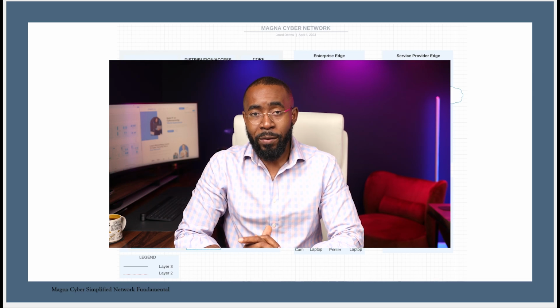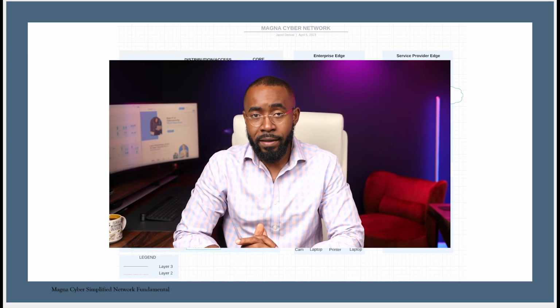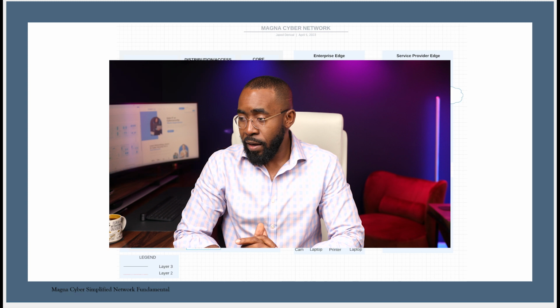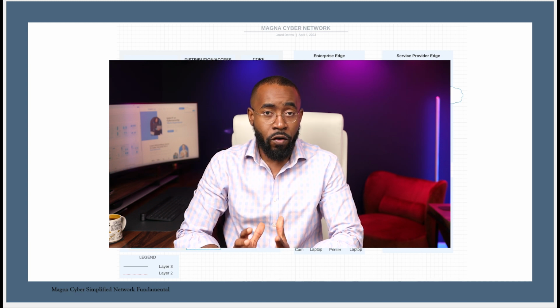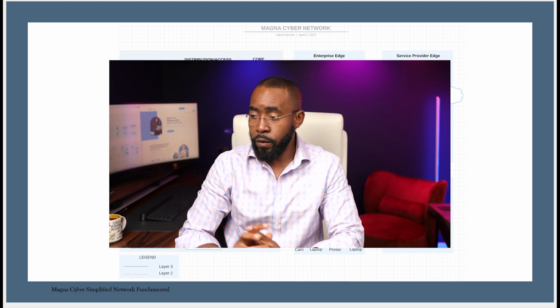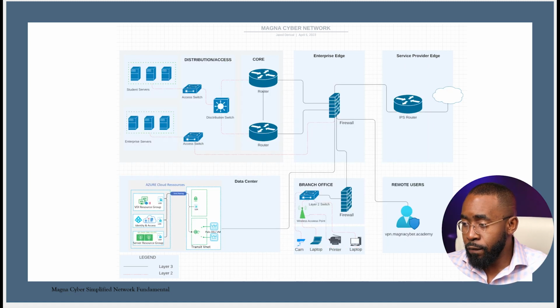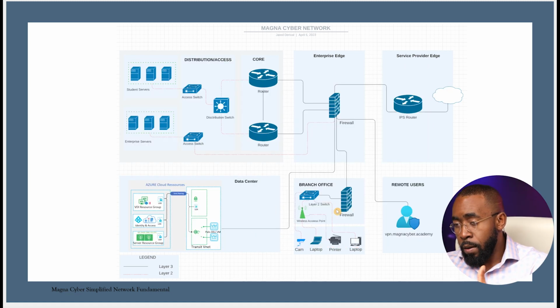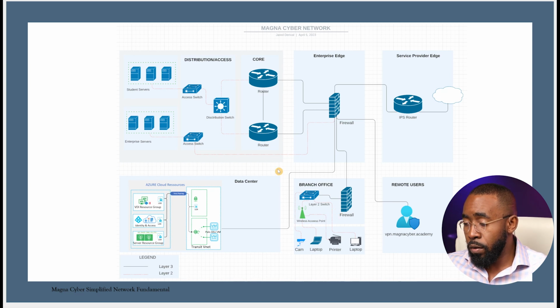and we are talking about types of network devices. We talked about the importance of the switch, the function of the switch, the router, and the firewall in the access point. Let's look at these devices as they're represented in the diagram here. These are the devices, all of the devices that we have in the Magna Cyber network, where you're going to